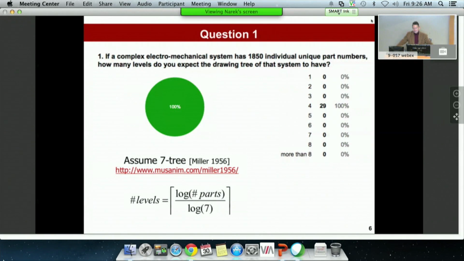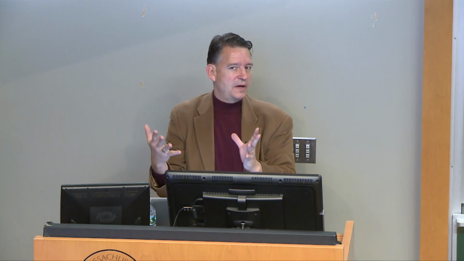This is basically a straight application of the magic number 7 rule. And in practice, not everybody will go exactly for 4 levels, but that's the basic idea. If you decompose the system with this human cognitive bandwidth in mind, for a system of that level of complexity, you should expect roughly a 4-layer decomposition. So I'm very pleased that everybody got this answer, but with the caveat that there may be deviations from this rule, and you can go for a flatter tree with fewer levels, but you have to be aware of the implications that may have. Okay, so that's great. The next question was,